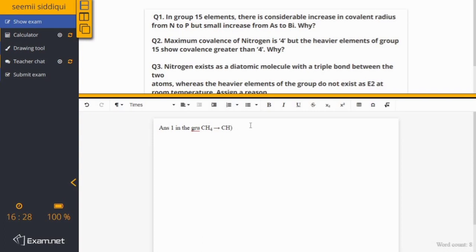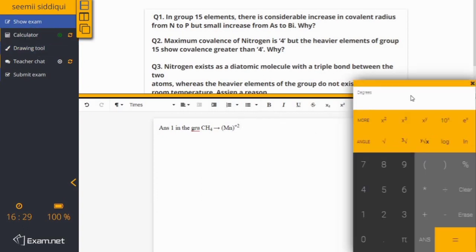So do not get worried about this. Like the way I am showing to you. Now when you want to use the calculator, just click on it and the calculator will come.